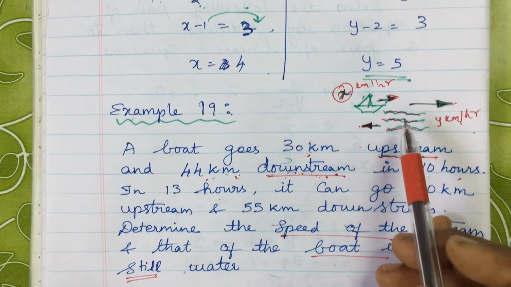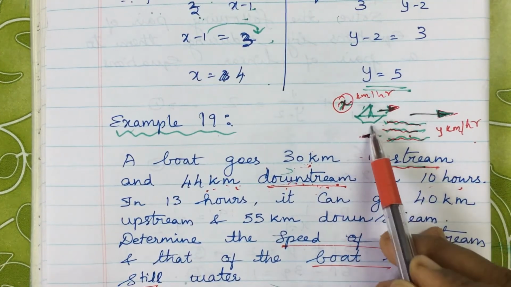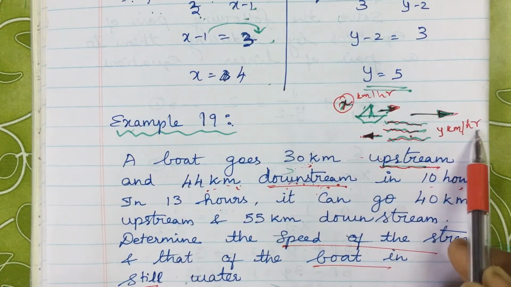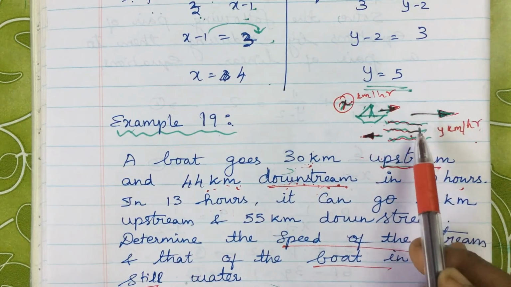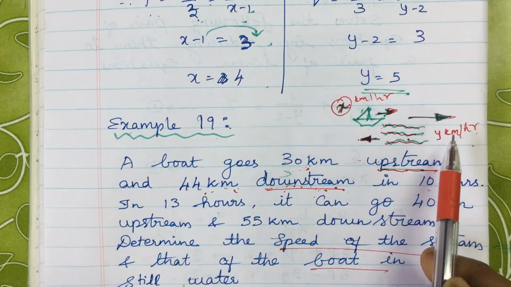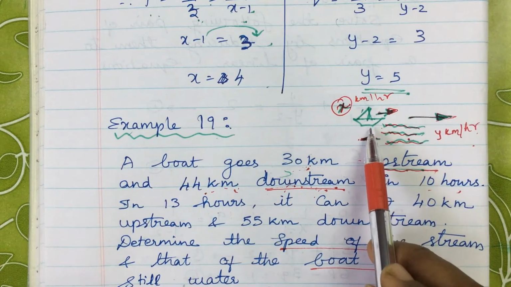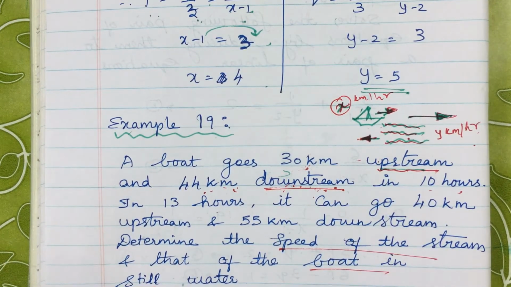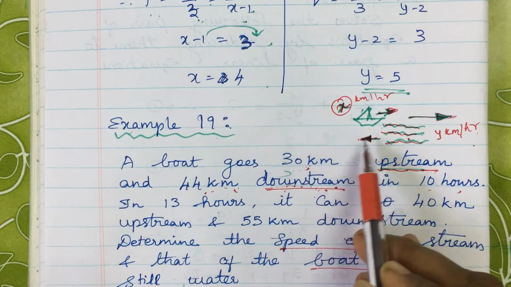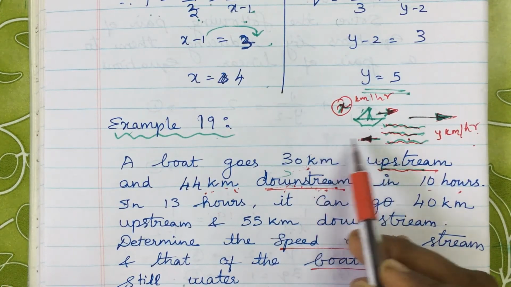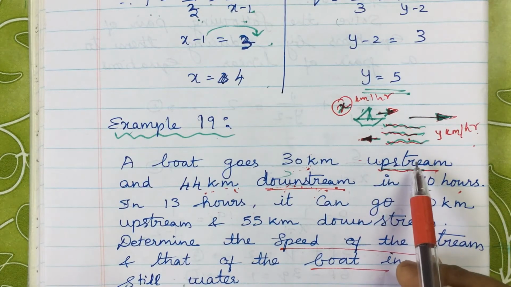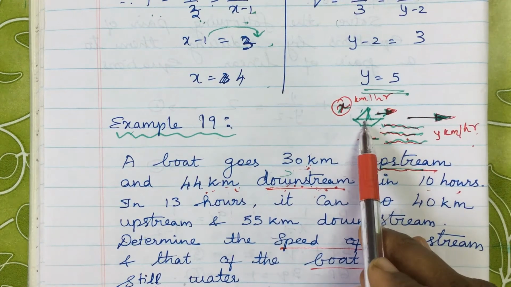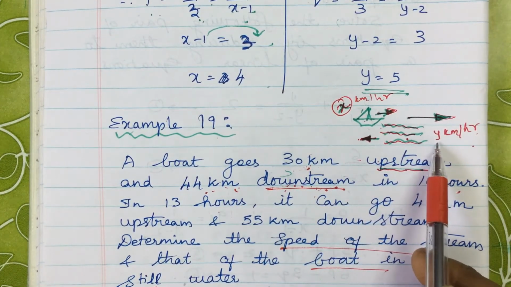So you assume the condition, this is stream and this is the boat. I am assuming the speed of the boat as x km per hour and speed of the stream as y km per hour. If the boat and the stream both move in the same direction, you can say the condition is downstream. And if the boat moves in the opposite direction, that is upstream part of the stream. Upstream means what? The other side, not in the front side, in the back side of the stream. So the boat started moving opposite to the stream. So that moment you call it as upstream, right? So this is actually speed of the boat in still water. This is speed of the stream all alone, right?